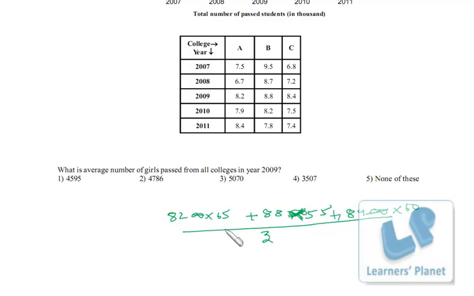Now this calculation is a bit lengthy, but what you can do is, see, this is an even number, this is an even number, this is an even number, right? So the total will be an even number, and if any even number is divided by an odd number, the quotient, the result, will definitely be an even number, right? So you can eliminate these two. Apart from that, you can go by the digital root method also.